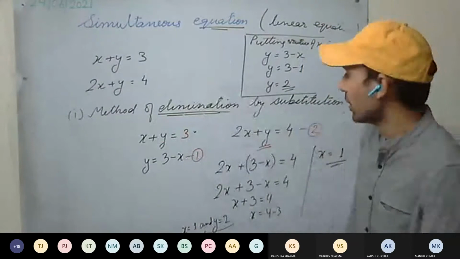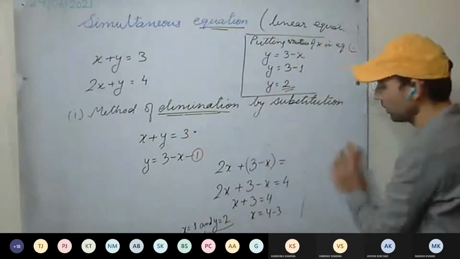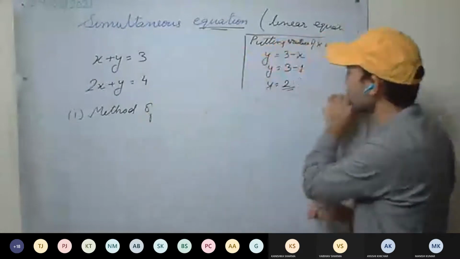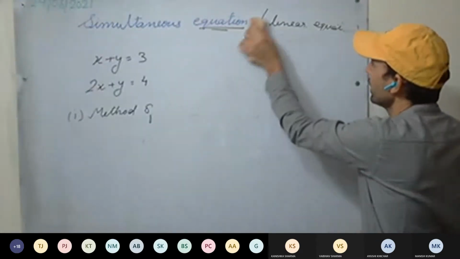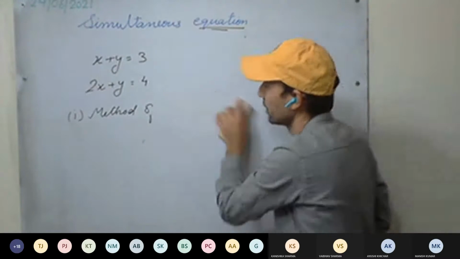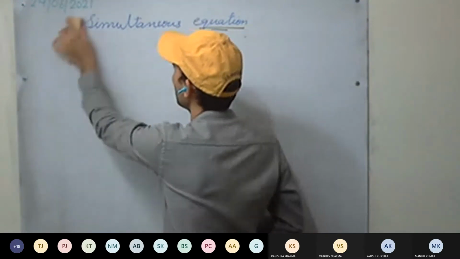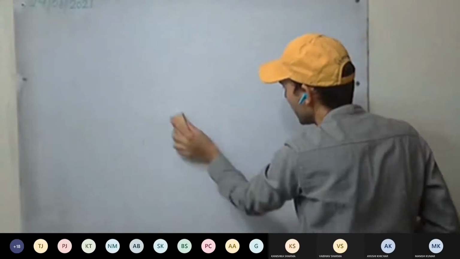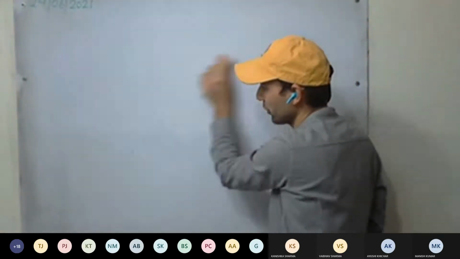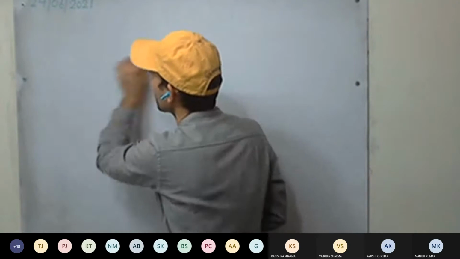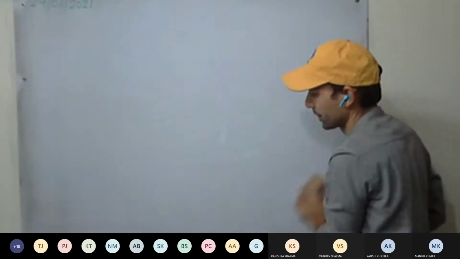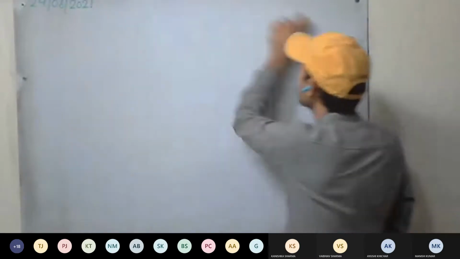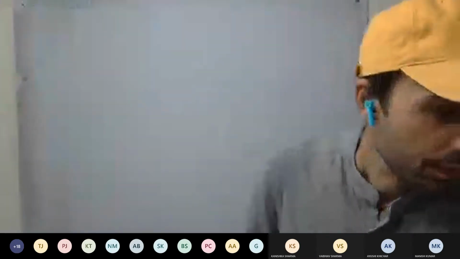So we'll be starting the first exercise now. The first question I'll be doing on the board, and you'll see how we are going to solve it and how the steps are to be written. Always remember, if we have two variables, we require two equations. If we have three variables, how many equations will we require? Three equations. For one variable, one equation is sufficient to get it solved.